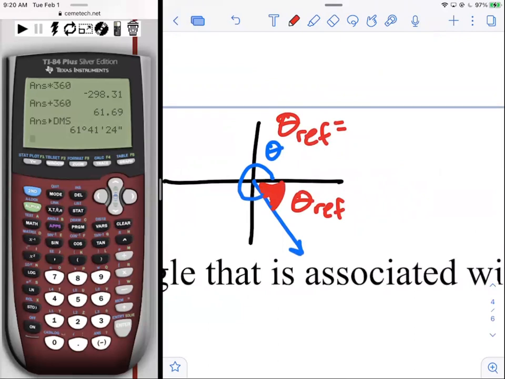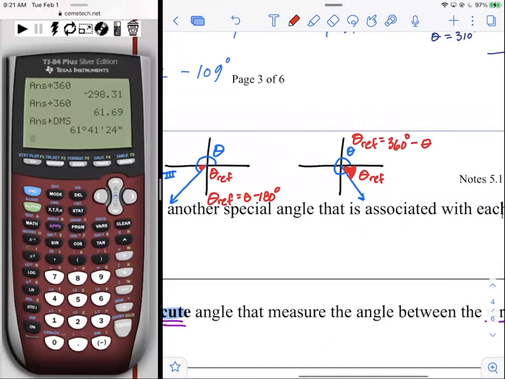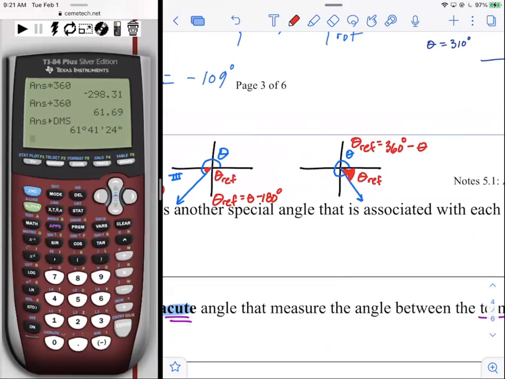Theta minus 360? Not quite. Which one's bigger, 360 or theta? 360 minus theta. So now we're not working off 180 like we did in quadrant 2 and 3. Now we got to work off the positive x-axis. So now we're short of a full rotation. So now it's 360 degrees minus theta. Okay. You don't have to memorize that, because if you're drawing your picture correctly, you can just work off the